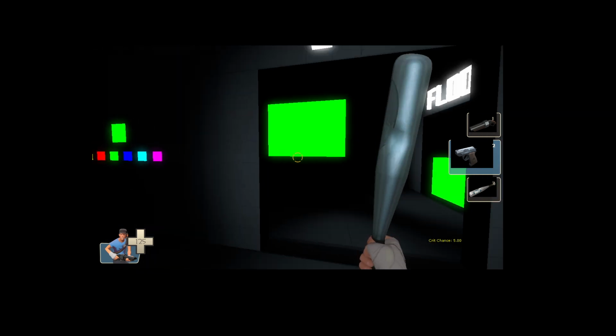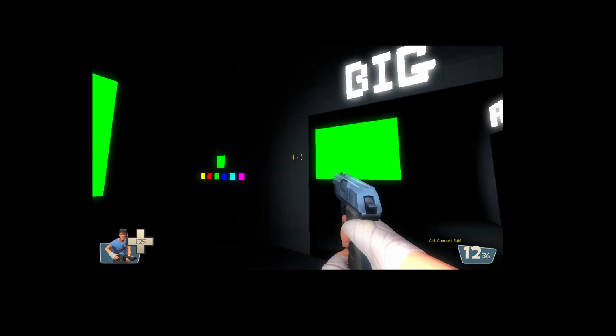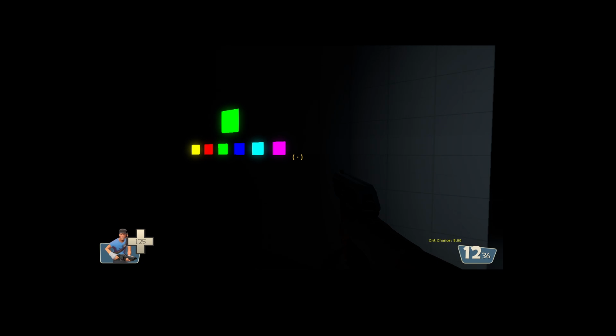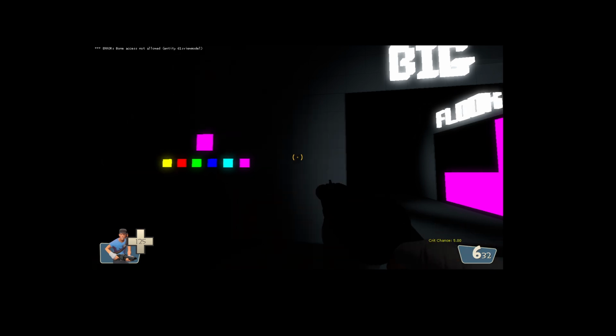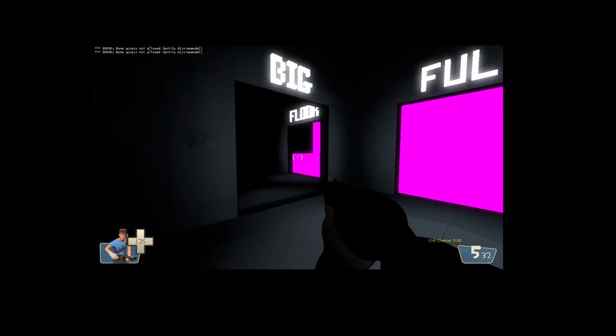So this is what this screen will look like. Now you do have to move a bit. You will be automatically defaulted as the Scout. This is used for gameplay recording so that you don't have to animate the entire thing. But let's say for instance I want it to be pink. I just hit it with my melee, shoot it with my primary or secondary, and then I hit F11 to get out of there, and then we can move on